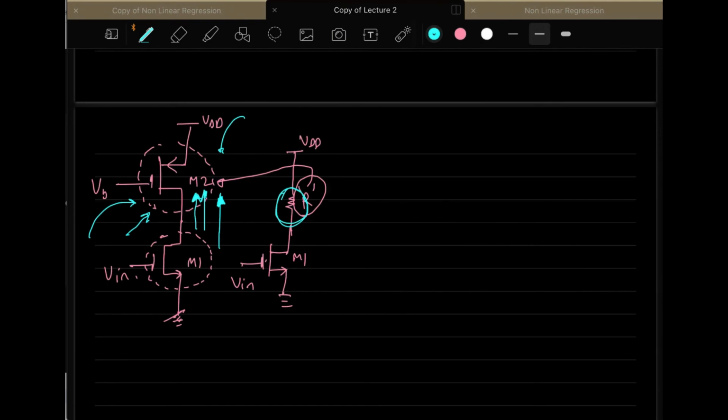M2 is a PMOS transistor, and I told you already that whether it's PMOS or NMOS, the small signal equivalent is the same. So let us replace M2 by its equivalent, which is like this. Here I am assuming that lambda is not equal to 0 for this MOSFET M2. If it is not 0, then you will have RO2 here, and here you have VGS.